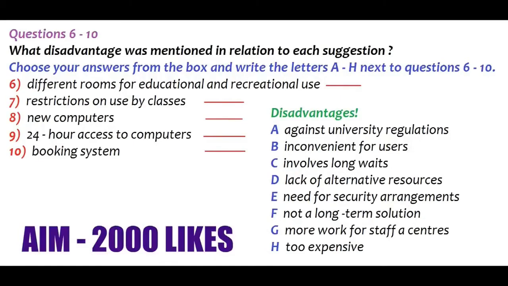So, what other suggestions did people come up with? Well, actually, the main reason why people can't get to a computer is because so many students are using them for personal emails or just surfing the web. So one solution would be to have some computer rooms for recreational use and some for people to do serious work in. The trouble is, quite often people do their work, then they want to check their emails. And it would be a nuisance if you had to get up and go to another room and log on